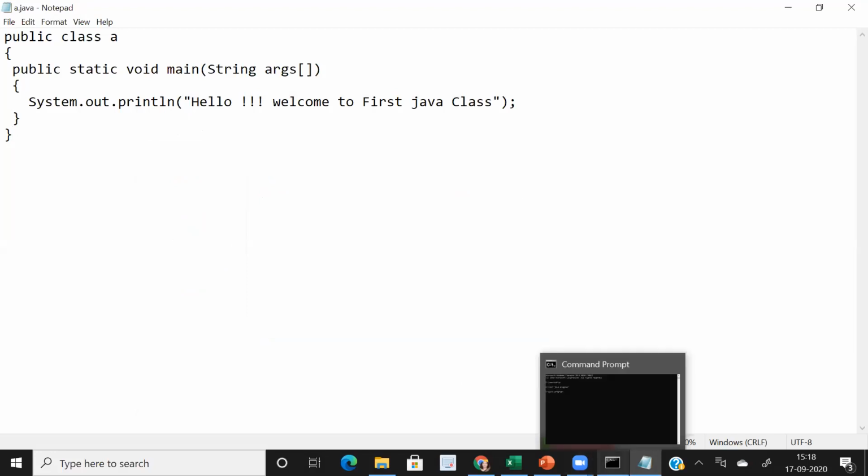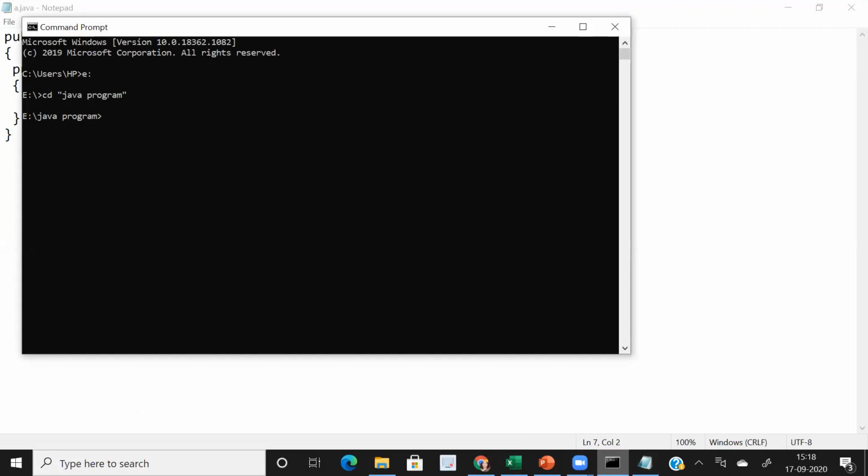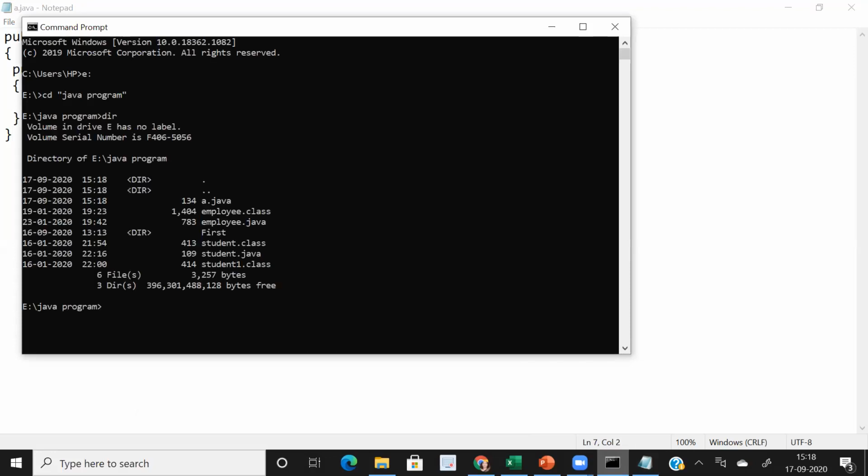Now come back onto your command prompt. See the directory, dir. Here is a.java. Now we have to compile our program using javac a.java.